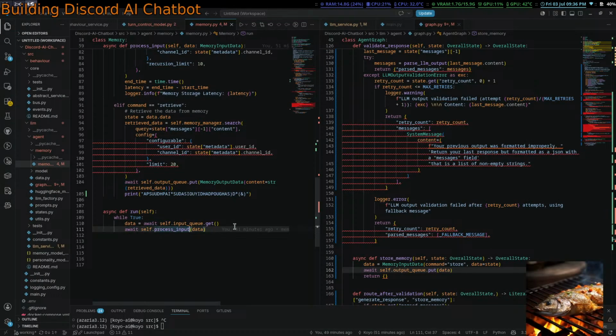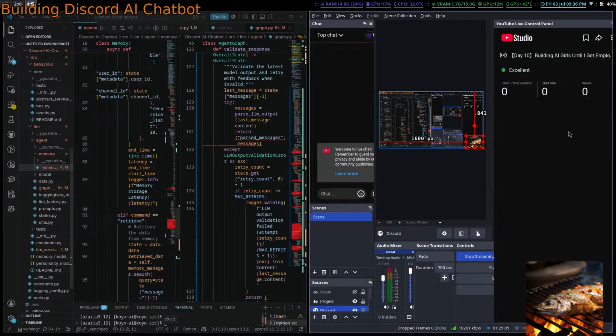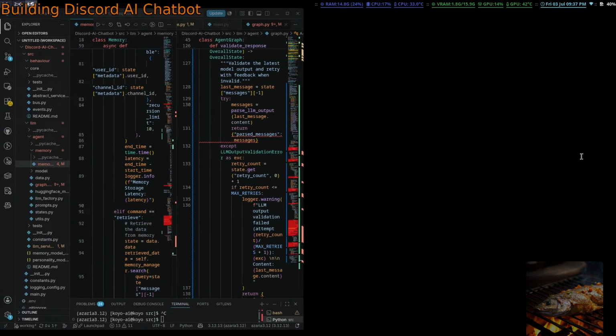Wait, self.process_input_data. And okay, line 104 is hanging. I need to bring the cursor back for this, or whoops, it's not what I meant to do.